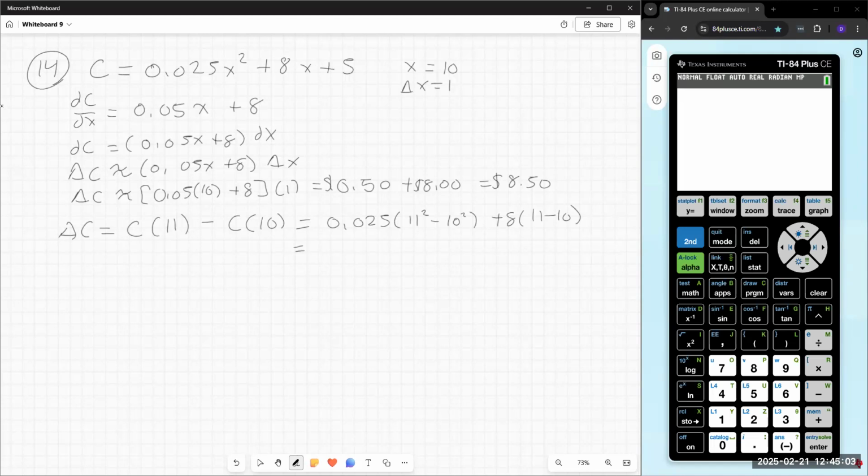So this is 1 over 40 times 121 minus 100 plus 8 times 1, which is 21 over 40 plus 320 over 40, which is 341 over 40. 341 over 40 is delta c, exactly equal to